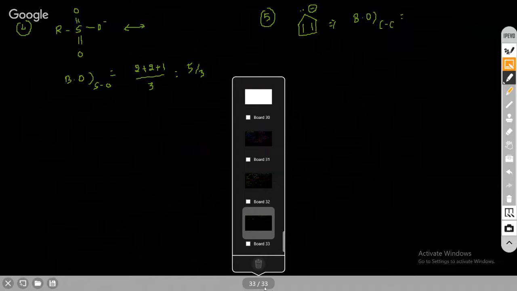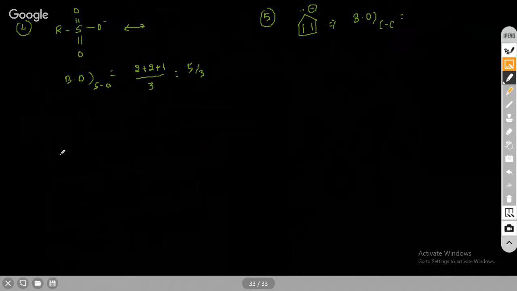Okay, see, suppose I take this example. Here we have negative charge, double bond, and double bond. Negative charge or lone pair, you can say. Now, when you draw the resonating structure of this, there are 5 different resonating structures possible. You see, first of all,